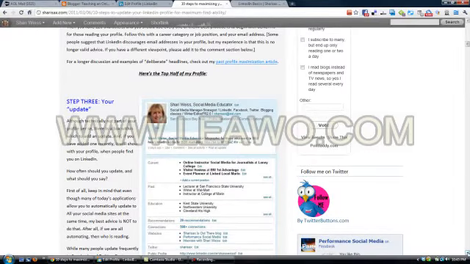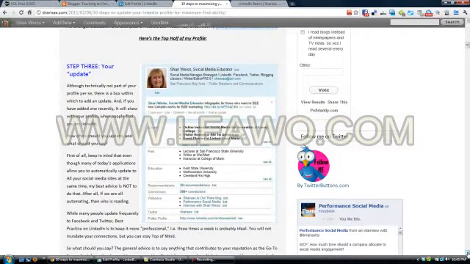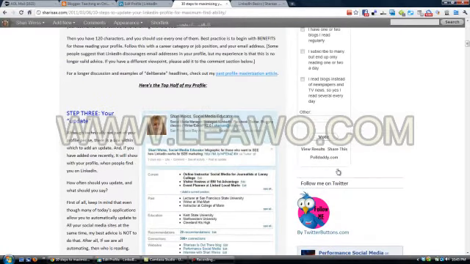How many times you should post on LinkedIn. LinkedIn is different than Twitter and Facebook. On both of those sites, you can post several times a day if you want. But LinkedIn is more professional, and you want to make sure that when you write something here, you're providing value to people who read it.